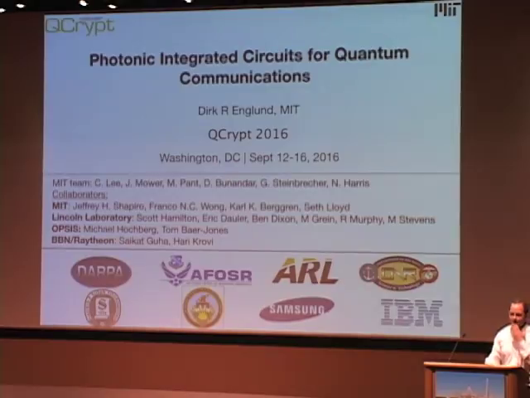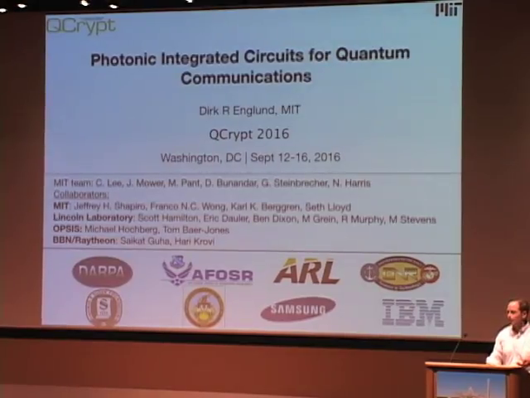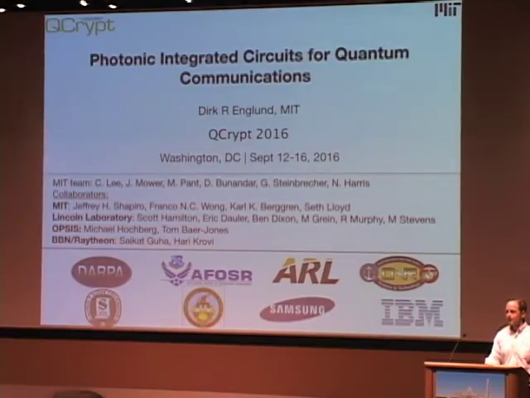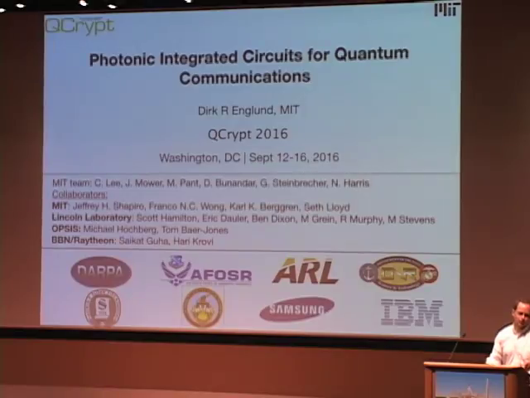There's been a lot of progress in developing both repeaterless and repeater-based quantum communication networks. And with that progress, there come some great demands on the photonics. How do you route, for example, in multiplexed repeaters, hundreds or maybe thousands of spatial modes? How do you make modulators that function at tens of gigahertz frequencies, and other things?